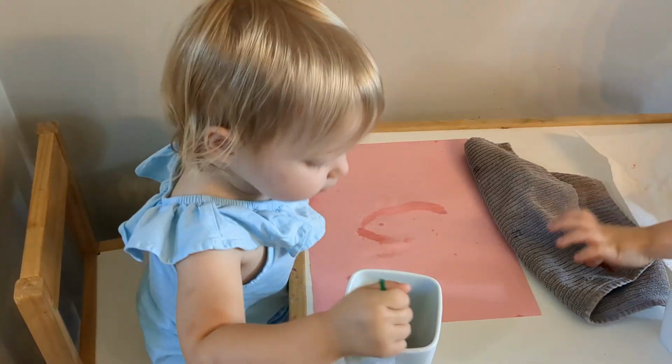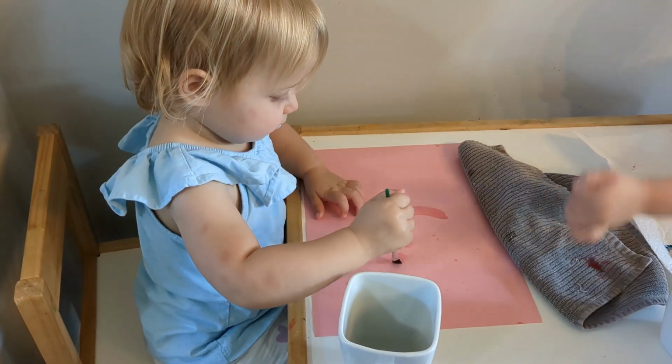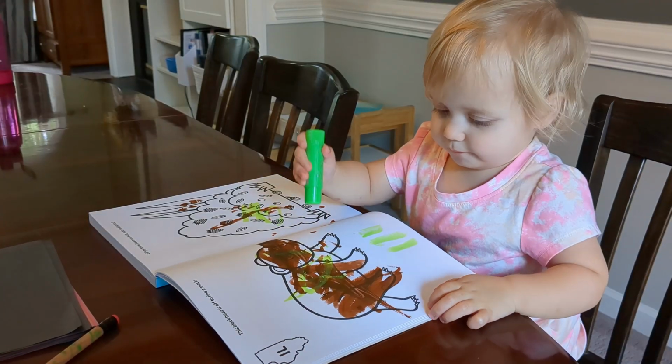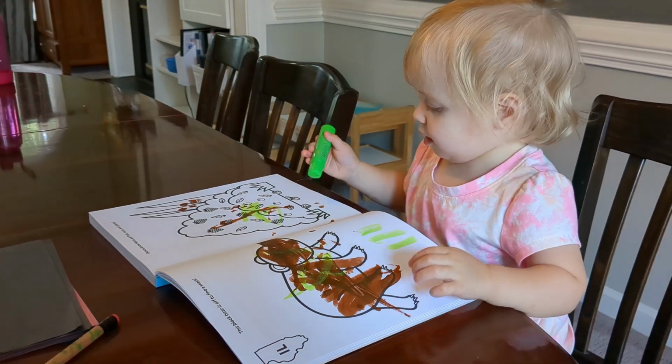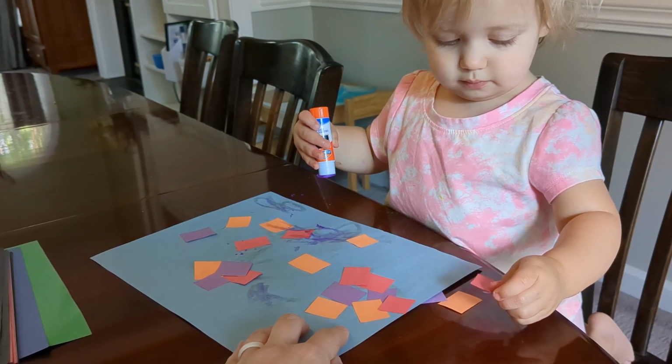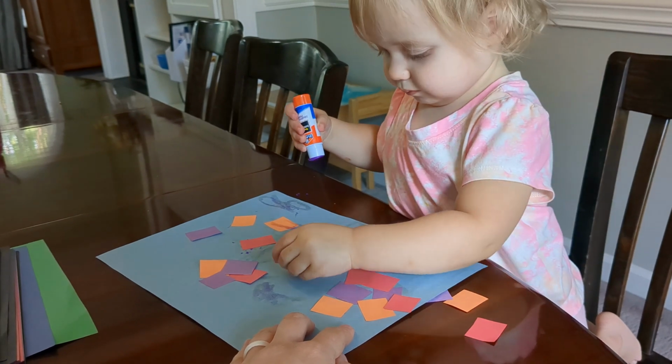You also have paintbrushes for painting with water, so you don't have to worry about cleaning up a mess. But if you want your kids to do painting, then quick sticks are another favorite. Again, this is a stick that acts like a glue stick, but it's actually tempera paint, and it dries pretty fast and is completely washable. My daughter has enjoyed using this. And right along on the heels of any kind of drawing is pasting. Glue sticks, they can manipulate, and you just give them pre-cut pieces of paper that they can put onto a